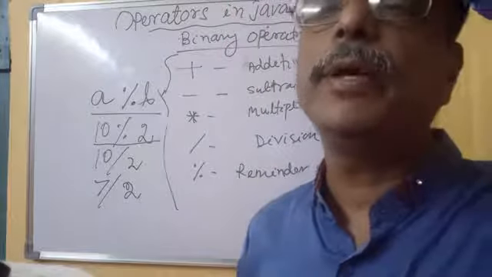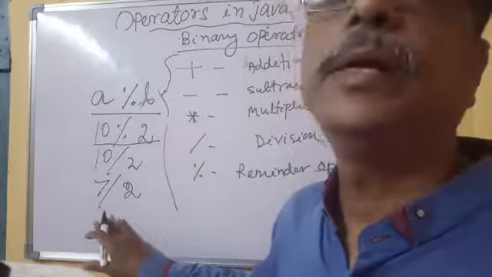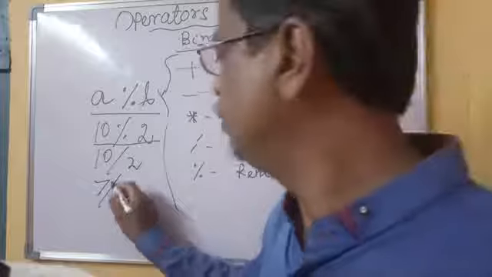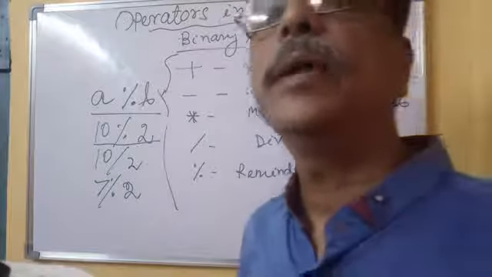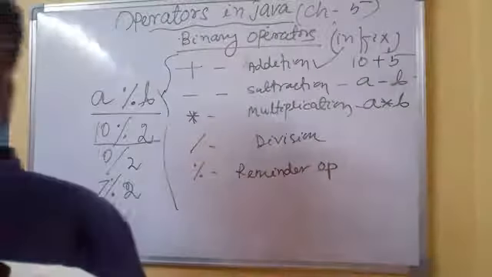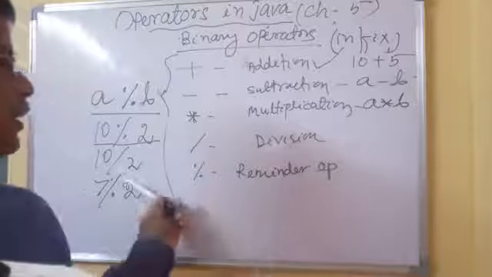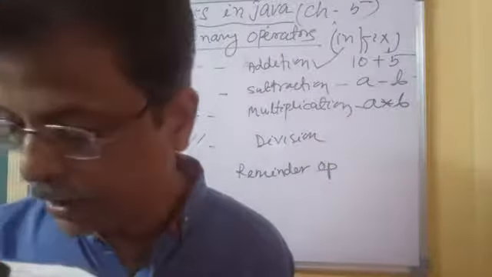Point by point manner it will not divide. By putting the point it will not divide. The answer will be 3. Okay, quotient is 3. Remainder is 1. But if you use the percentage sign here, the remainder is 1. So in this manner we can apply the mathematical operators. This one is what? The modulo operator. So this is about your binary operators.